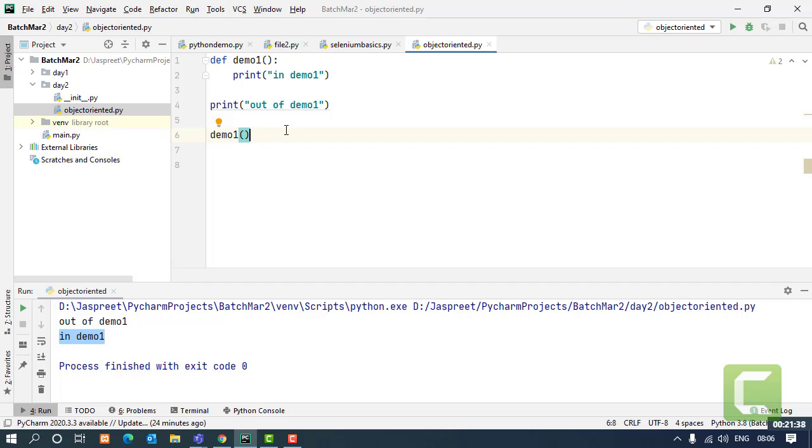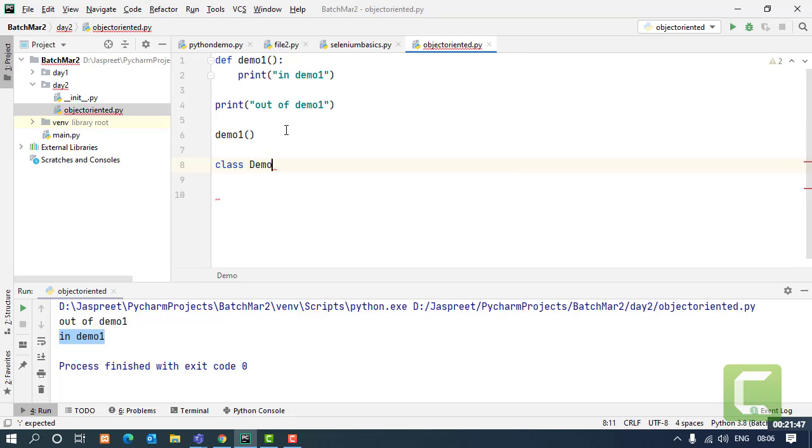The same way the function creation has been done, the same way the class creation is also done. Let's say I have a class demo. Classes are not compulsorily required to have a pair of parentheses. If you are using the concept of inheritance, only at that time the parentheses are required, otherwise they are not. You can just follow them by the colon and that will be fine. Inside this you can do anything.